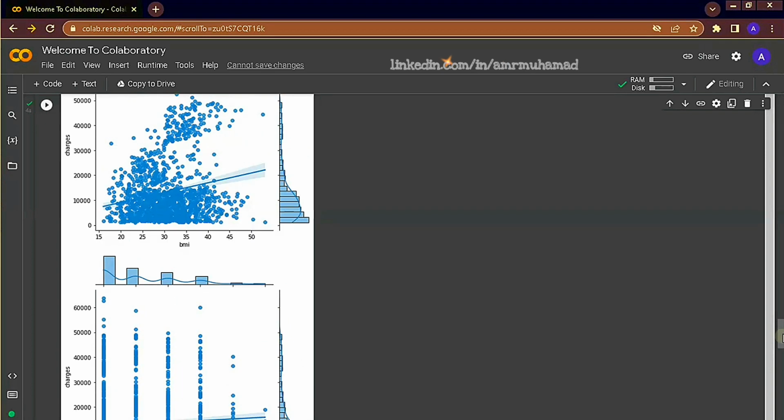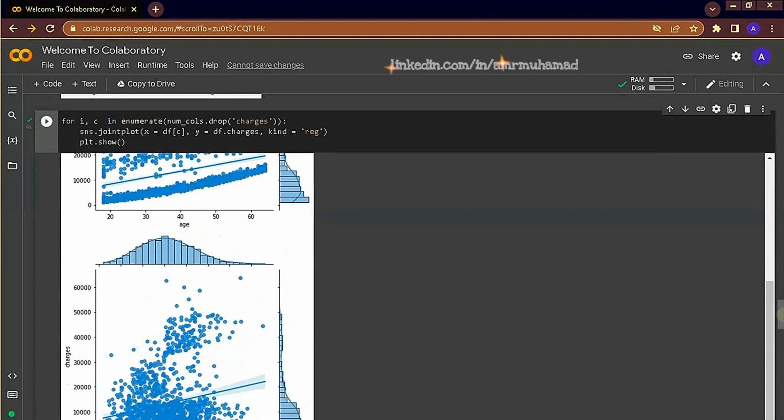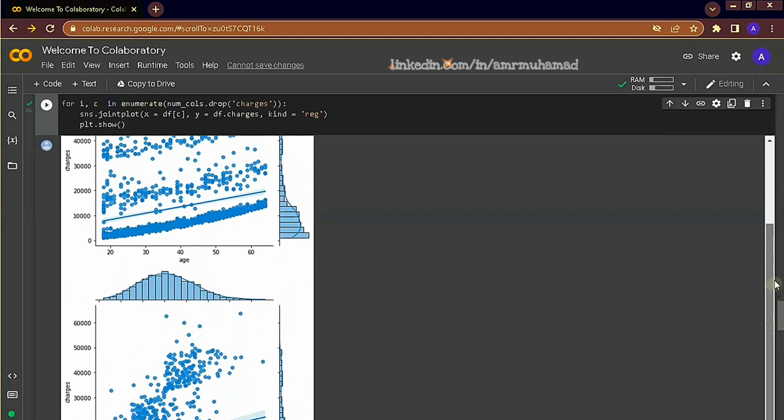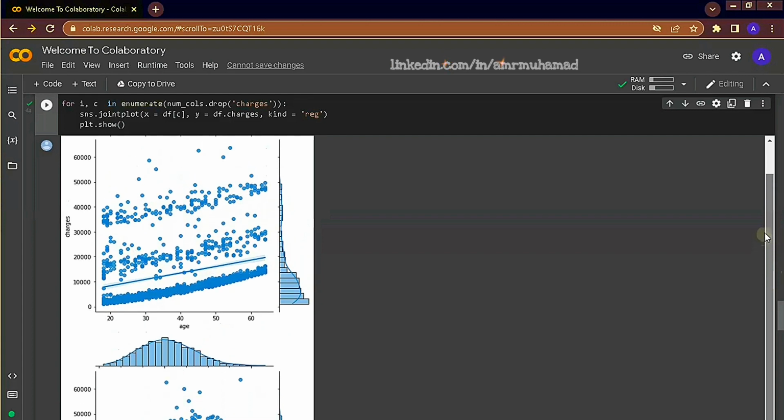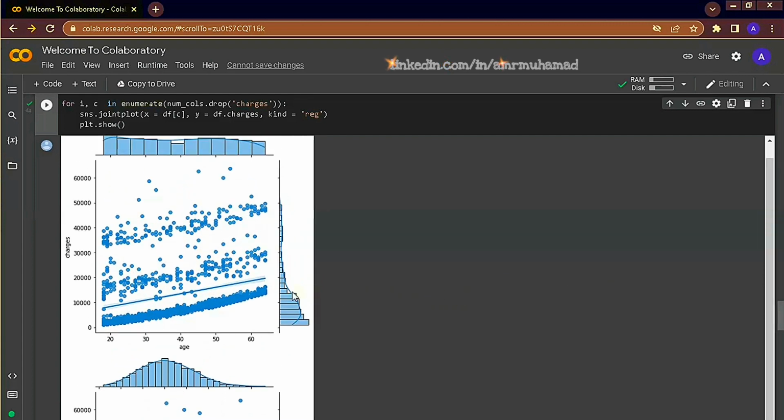So to summarize what we have observed from the scatter plot and the trend lines, we have seen that there are three distinct groups when we plotted using age and charges, and we also noted that the line tends to be pulled downwards towards the bottom of the plot rather than the middle or the upper section of the plot.